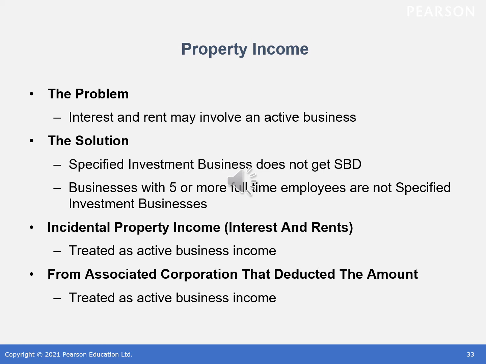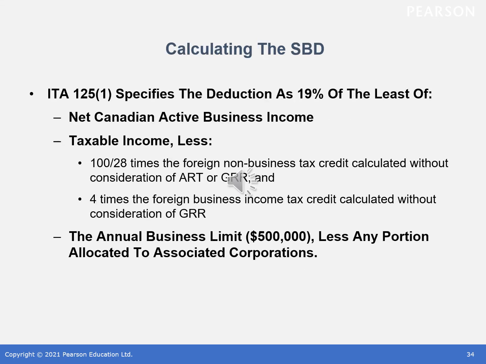If it's interest or rent that's incidental property income, it's treated as active business income. And if it's from an associated corporation that deducted that amount as an expense, it's treated as active business income for this organization. There's a process when calculating the small business deduction, where Section 125 specifies the deduction as 19%